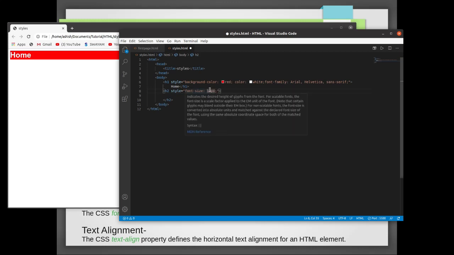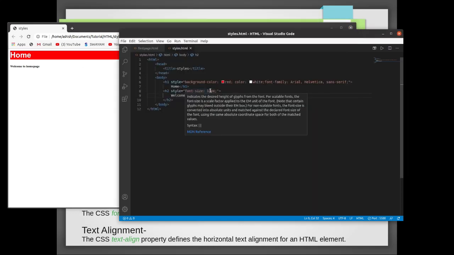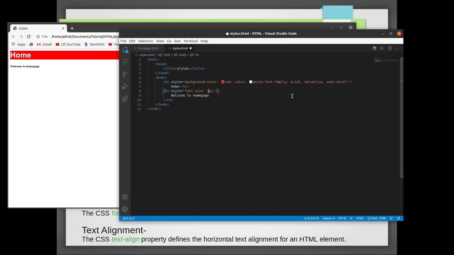This 13 px defines the pixel value. So 13 pixels you have set, now the font size will become 13 pixels. Welcome to home page. Size is 13 pixels, just increase it a little bit, 17 pixels.